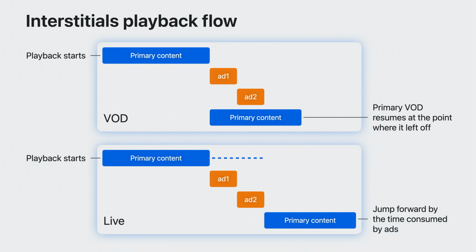For the server method, the resumption offset for the primary content can be achieved by setting the X-RESUME-OFFSET attribute within the EXT-X-DATERANGE tag in the HLS playlist. For the client method, the resumption offset can be set using the AVFoundation API, that is, by setting the resumption offset property on the AVPlayerInterstitialEvent object. For details of HLS playlist attributes and AVFoundation API for HLS interstitials, please refer to the reference links under this session.